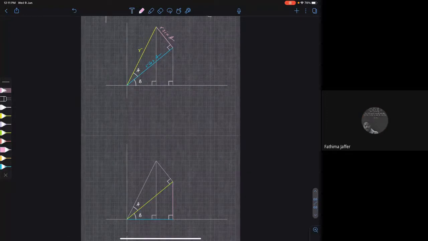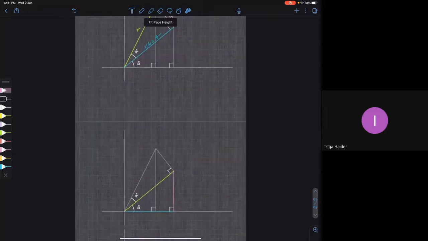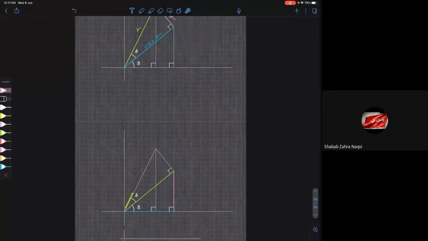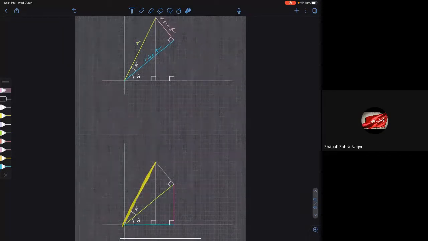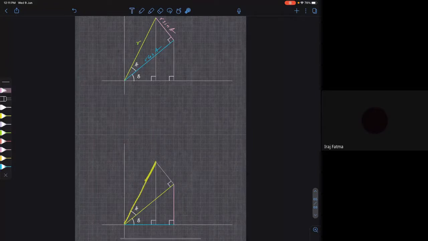So is it equal to that angle? No. In this new diagram, what is the length of the green line according to the old diagram? R cos A. This line is this line, right? Yes, sir. So what is that green line here? R cos A. Compare both diagrams. Yes, sir. This is R.